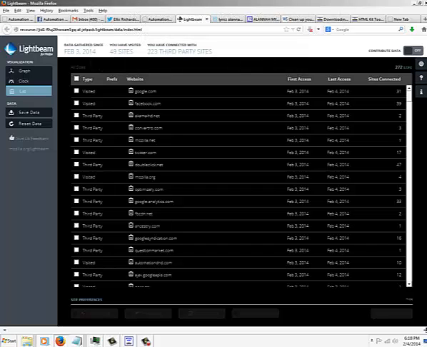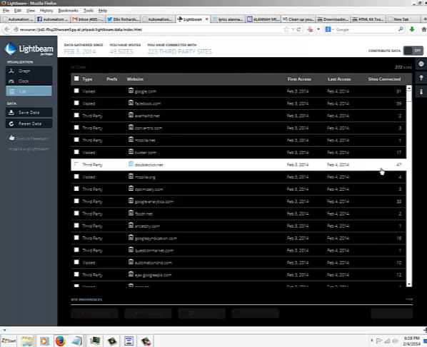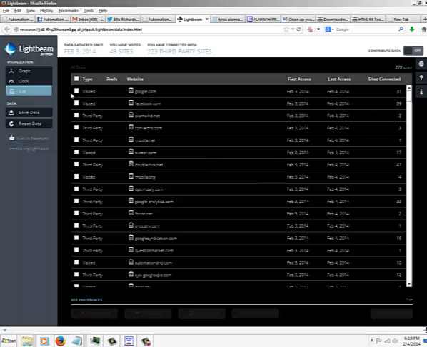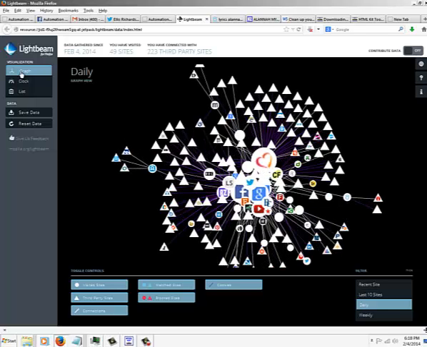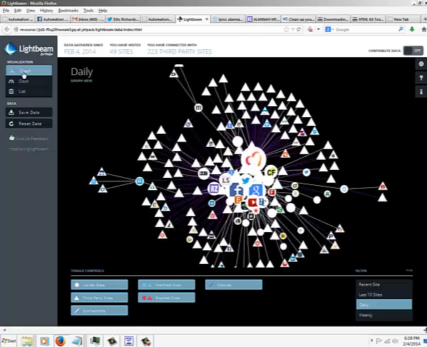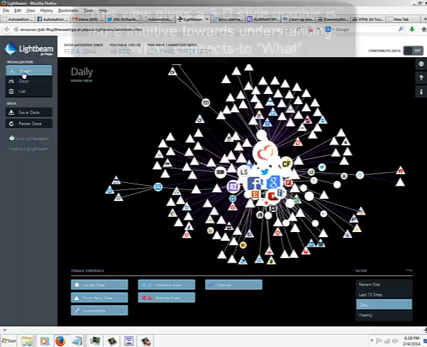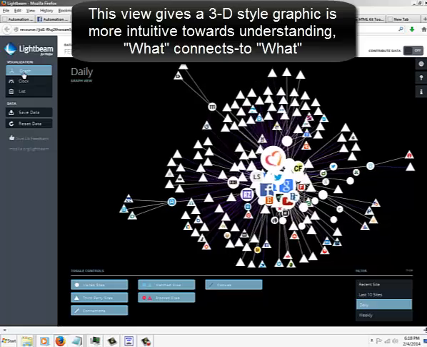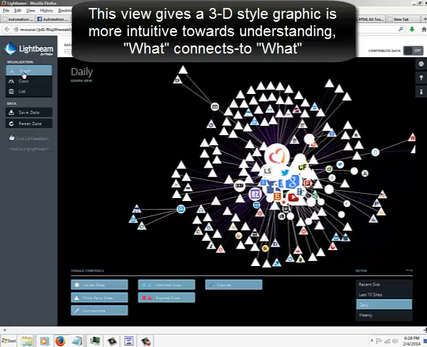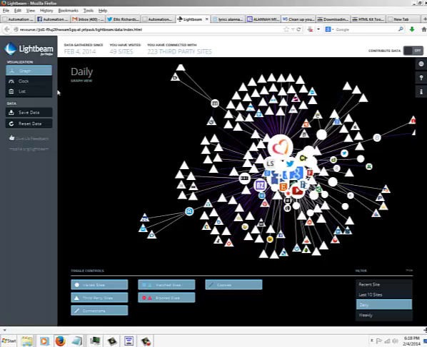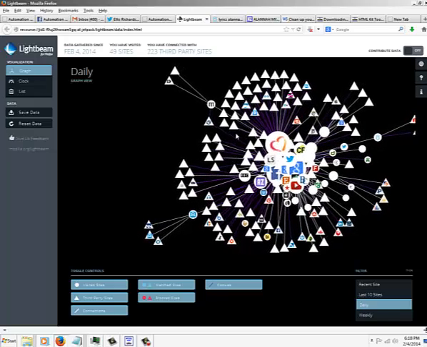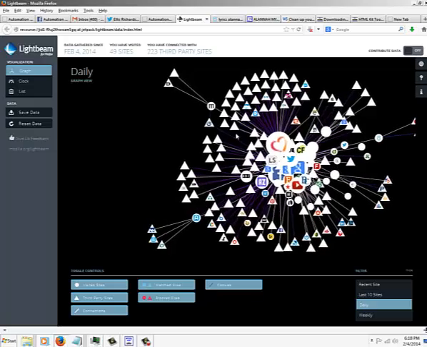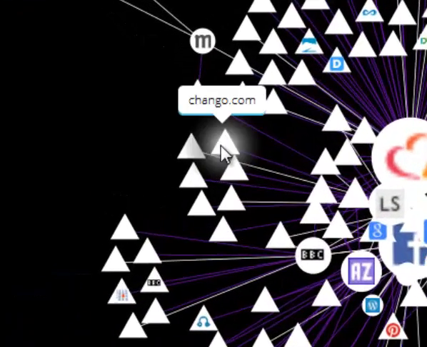So what Lightbeam does is it offers information on these sites that are monitoring you. Here, check the graph presentation out. It's three-dimensional, and it's very cool. Now, this is from my day today, and actually yesterday too. I've had this add-on running and monitoring since yesterday. So this is a quasi three-dimensional view of